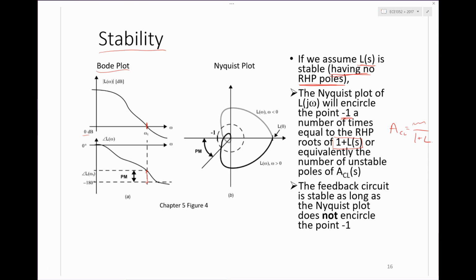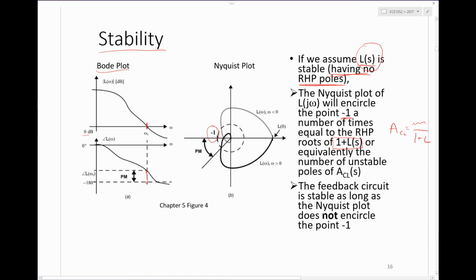So that's what the Nyquist criterion boils down to for the particular case we're interested in, where L is stable to begin with. We want to make sure that the contour we get by passing the whole j omega axis through the function L never encircles the point -1, because if it does, that means 1 plus L will have a zero somewhere in the right half plane, which means that ACL will have a pole somewhere in the right half plane and will be unstable. Okay, so we're always trying to make sure that this contour here